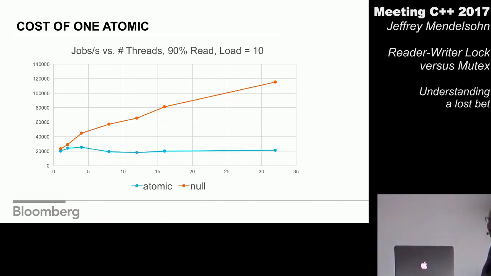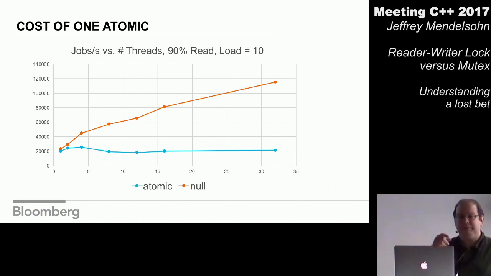When I move to the 90% read, so again, this is just a very small percentage of writers, the effects of having to synchronize the cache between the cores become very apparent, and I lose all scalability. So again, atomic is the blue line here, and after about 5 threads, I'm not able to get more work done by adding more threads. That's really not what we wanted here. This is sort of the main argument for why the mutex is going to do so well: we really can't do better. Even just one atomic operation is going to make us lose our scalability. And of course, doing nothing is just as scalable as always.